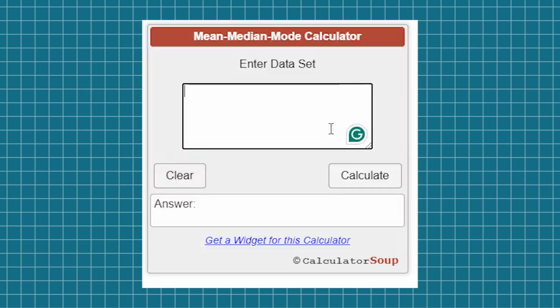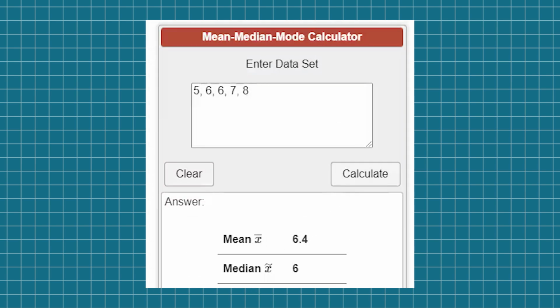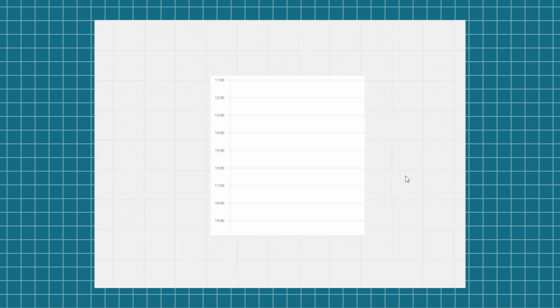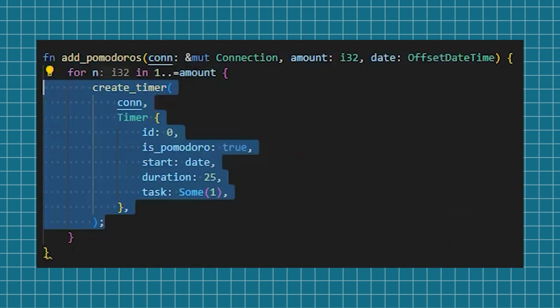But picking the average is probably not accurate unless we are consistent each day. If we have a very productive day with 20 Pomodoros, the average is now about 8 Pomodoros. But the median is the same value as before the 20 Pomodoros day was added. I expect the users will not be consistent with their Pomodoros, so I use the median. The problem is I just made this program and I have no data in the database to work with. So I made a function that lets me add synthetic data.